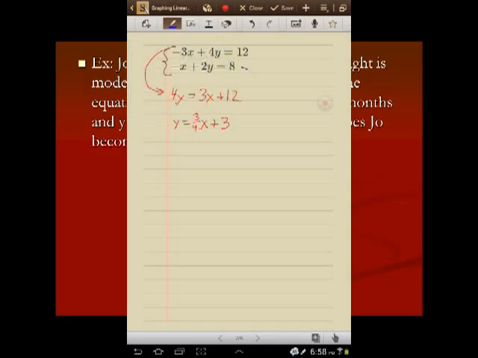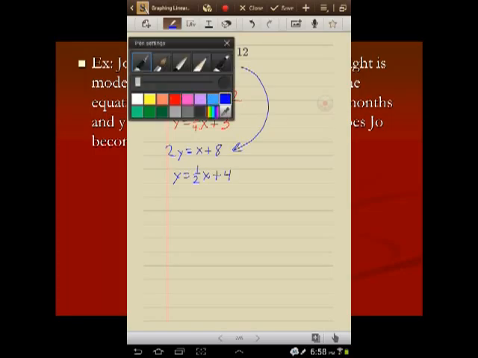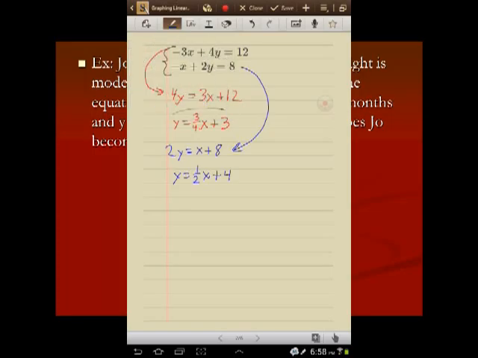Now, the blue. 2y equals x plus 8. Just added the x to the other side. I'm going to divide by 2. 1/2 x is 1x divided by 2. And 8 divided by 2 is 4. I'm not going to rewrite it this time. I just want to say those are the two equations. So now I shift back,